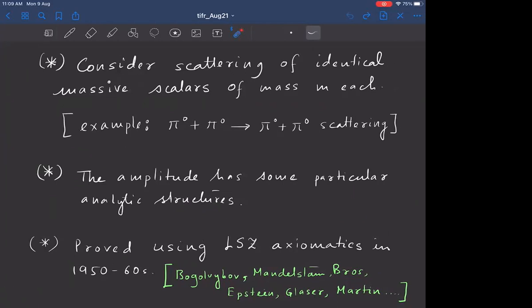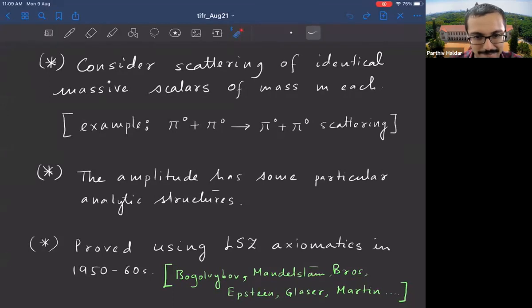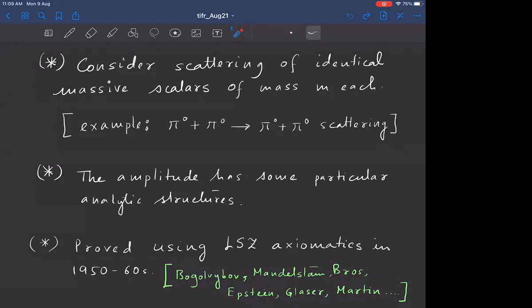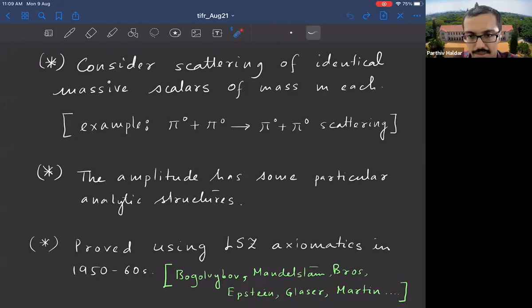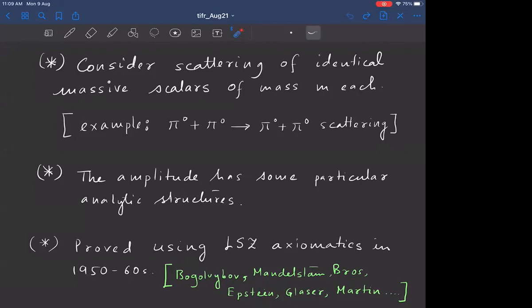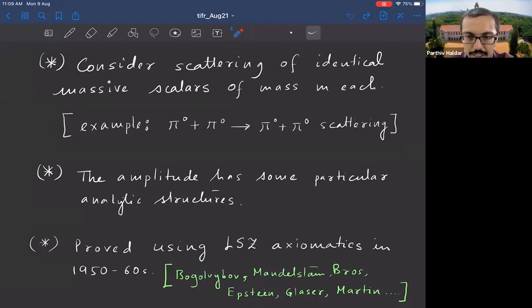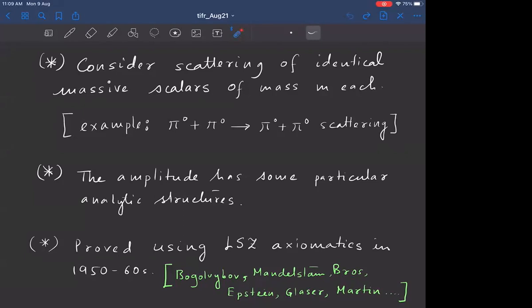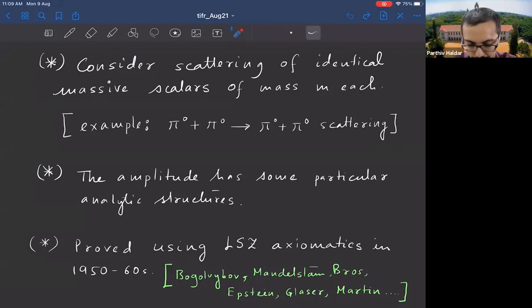Can I ask a question, please? Yes. I mean, for pi naught, actually, there can be many other particles on the right-hand side, right? Like pi naught can decay into two gammas, a famous decay, and some other particles. Yes. So this is then kind of an artificial elastic scattering of pi naught. I mean, it is in that context that they studied these properties. Okay. Thank you.